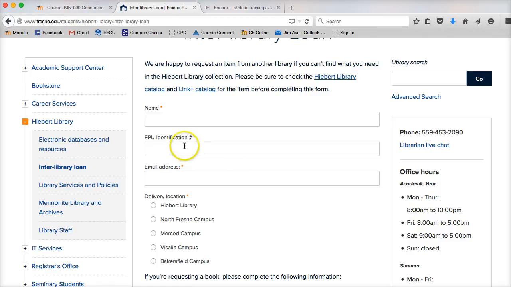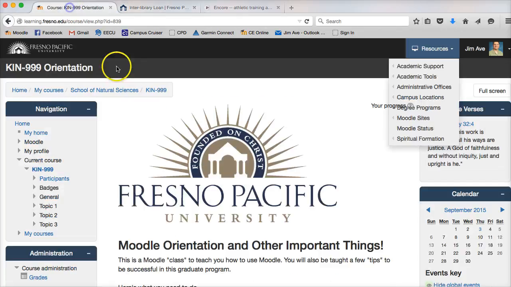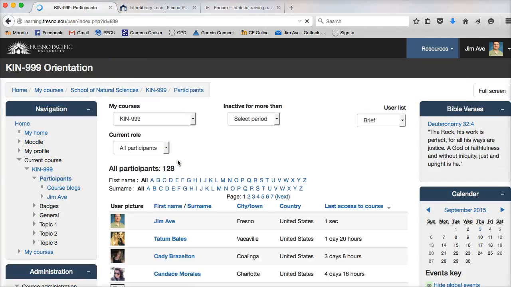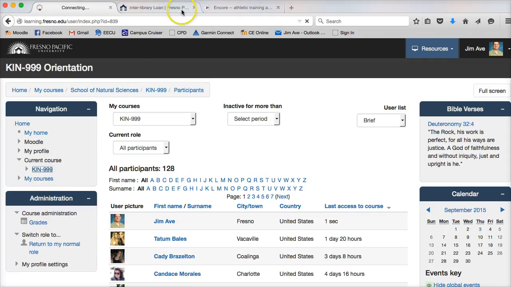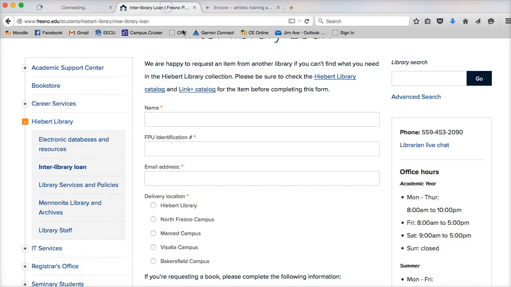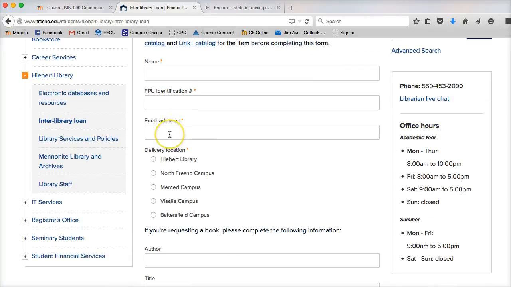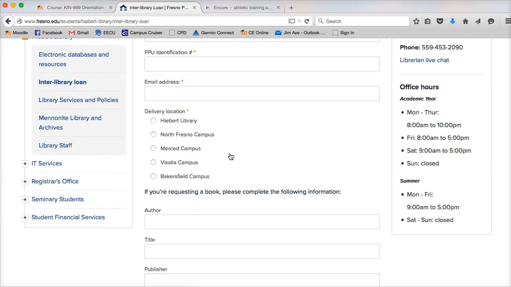Moodle. I think it's, let me see if it's in there. Oops, I didn't want to show other students' names. Sorry. You should have your Moodle or your ID information, which is a 6-digit number, your FPU email address, where you want it delivered,